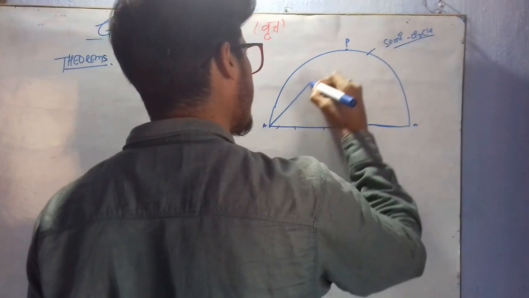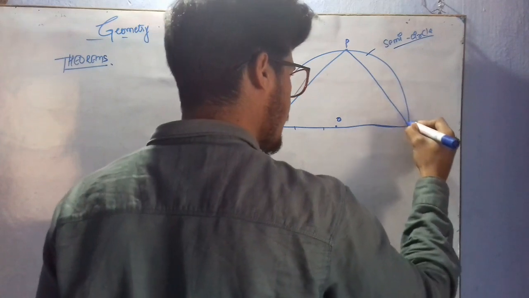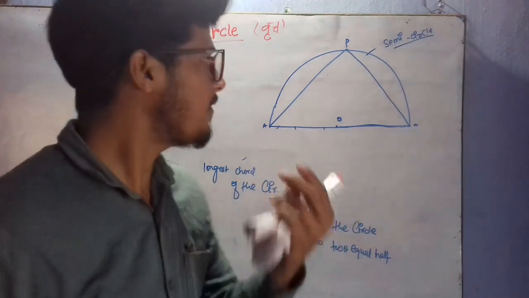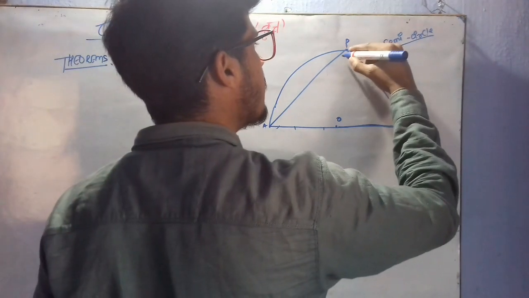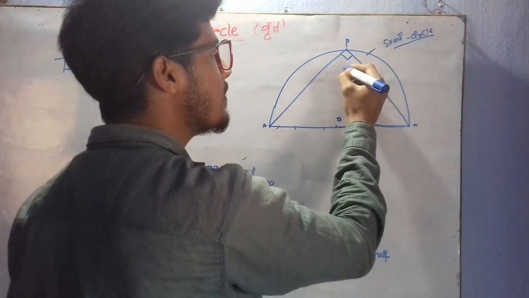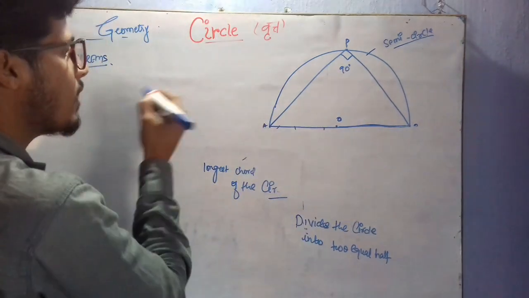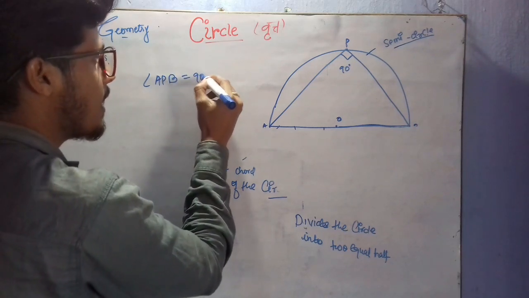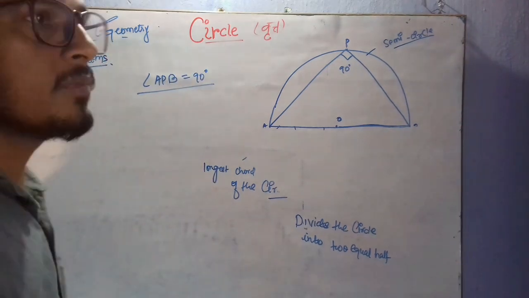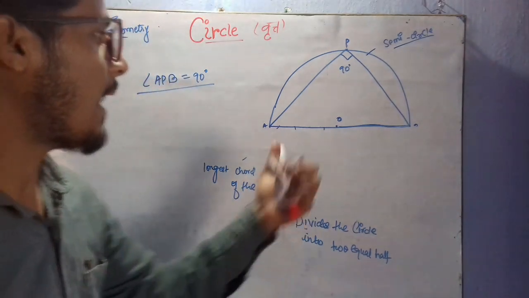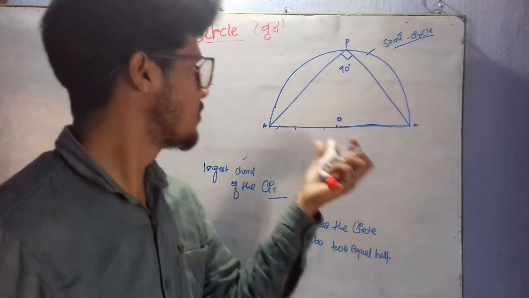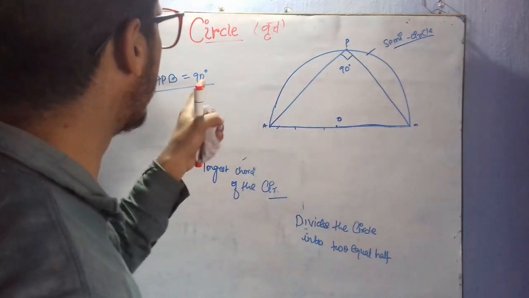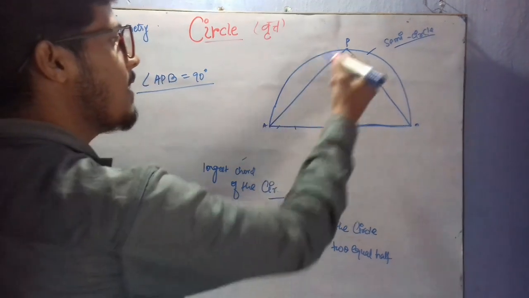so it looks like a triangle, right? It is a triangle. So the angle formed in such a way will always be 90 degrees, right? The angle will be 90 degrees. So we have angle APB equals 90 degrees. So this is our theorem 4. It says that the angle formed in a semicircle through the chord to its circumference is always 90 degrees. So angle APB